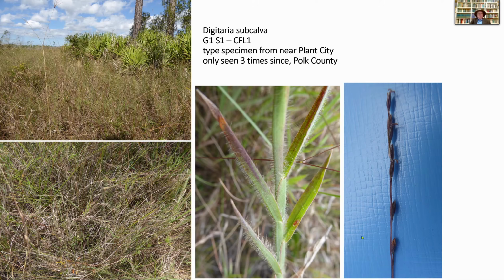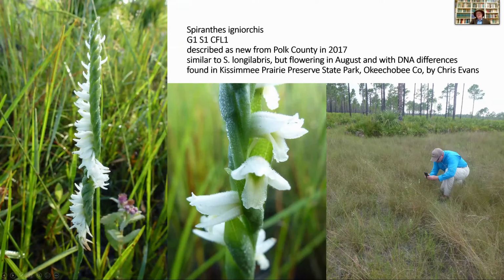It needs more surveys, but you have to know what you're looking for, and it is mixed in an area with 100 to 200 species, including probably 50 or 60 grasses and sedges. So one really has to scour these in order to find all the little grasses and sedges that are hidden among there. More conspicuously sticking out in the same habitat is Spiranthes igniorchis. Again, this is from that same site,